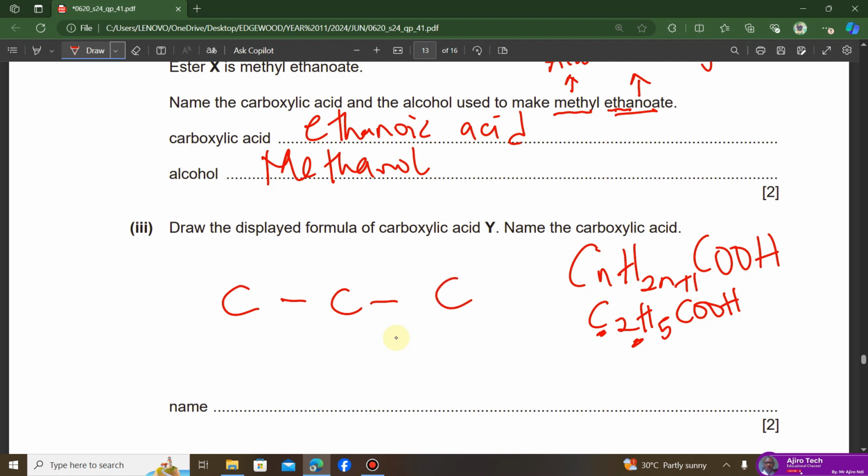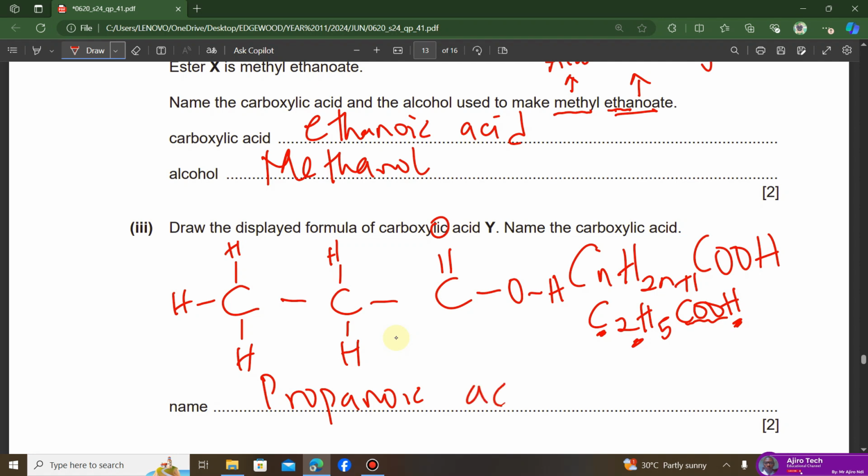So we draw the carboxylic acid functional group. It becomes something like this: C double bond O, OH. So this is that of the carboxylic acid. Now let's attach the hydrogens that are there. We should have 5 hydrogens. So 1 right here, 1 right here, 1 right here, 1 right here, and 1 right here. So these are 5 hydrogens aligning with the formula. So this is simply 3 carbon atoms, and the carboxylic acid with 3 carbon atoms is called propanoic